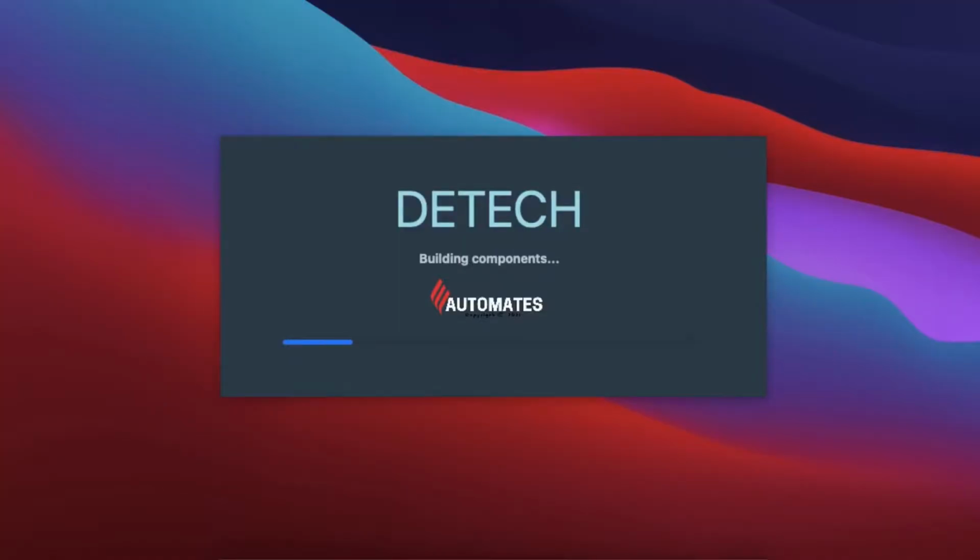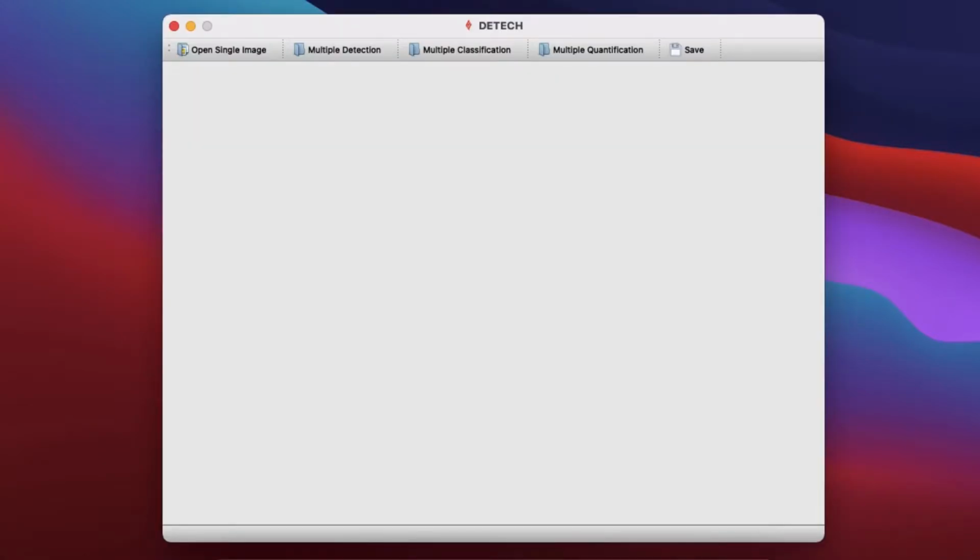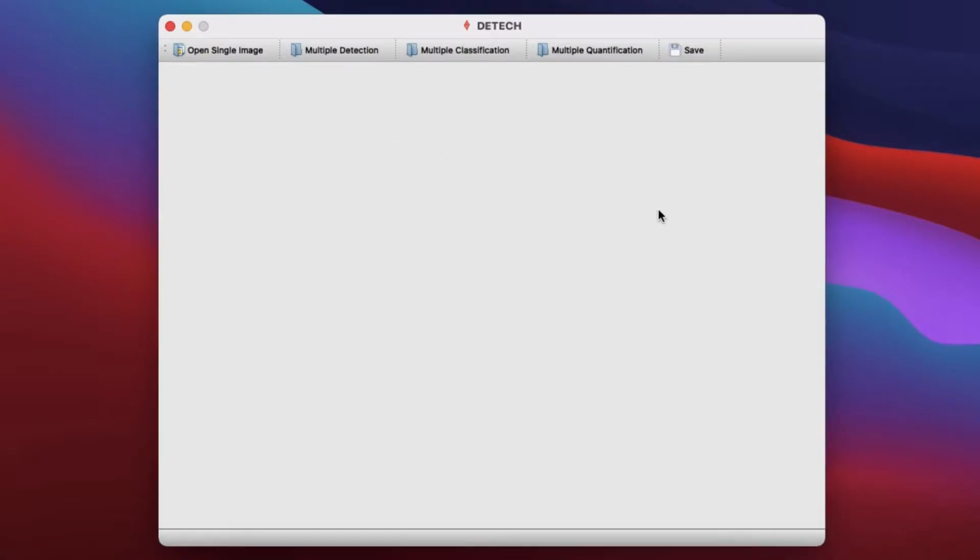Upon opening the application, you will be welcomed with a loading screen that indicates that the application is building components and setting up dependencies to run the software, and then you will be directed to the main window of our system. As you navigate DETECH, you can already see all the features above that you can use depending on what